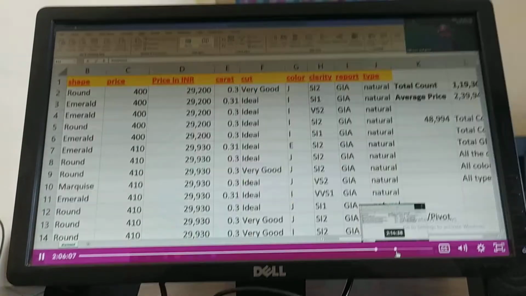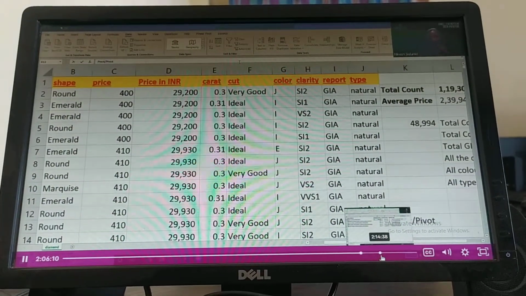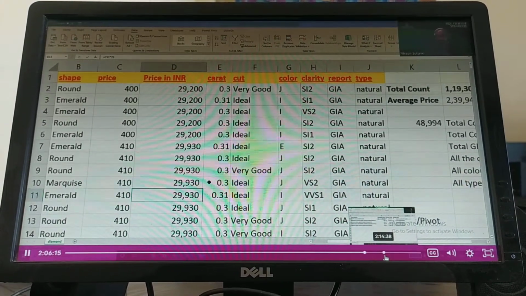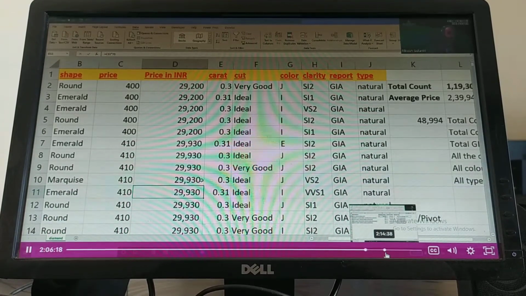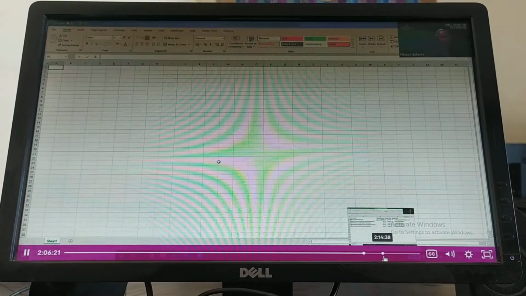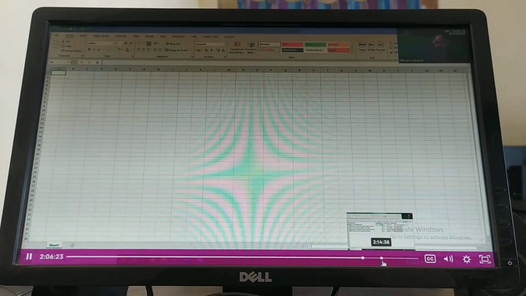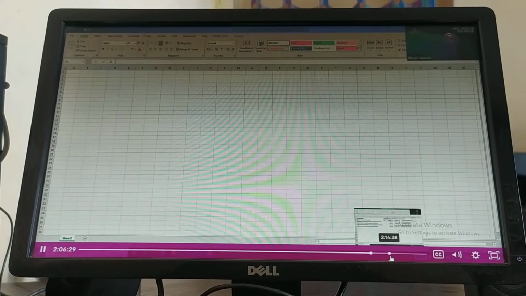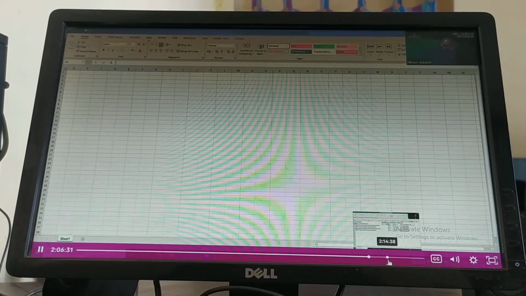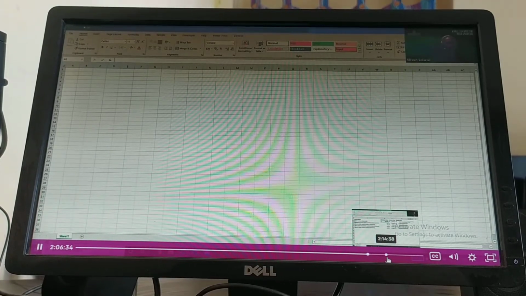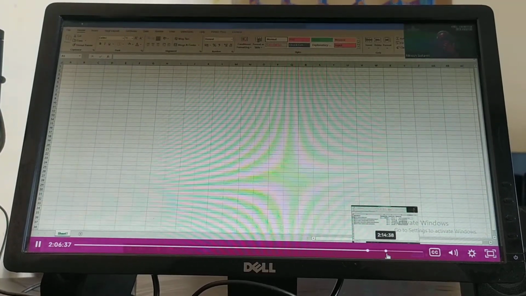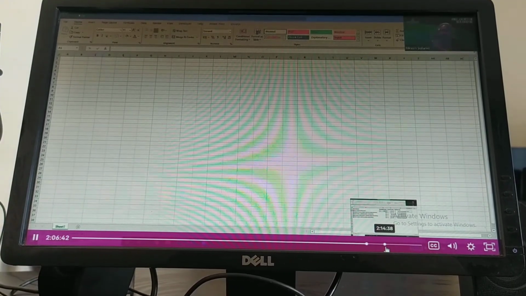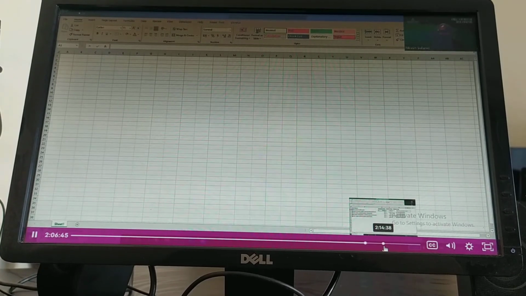So what we are going to do next is show you one feature which is very new in Excel. I'll open a new Excel sheet. People who trade, who do a lot of stock markets, probably this will help you. This is a new feature anyway. If anyone does stock trading or has some investments, please raise your hand and help me with some stock names, and then we'll understand.